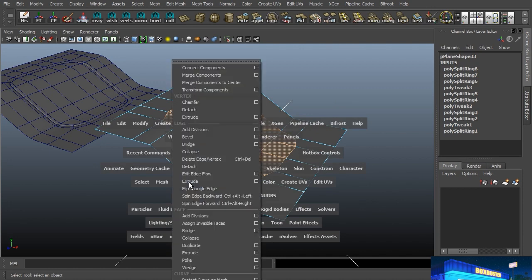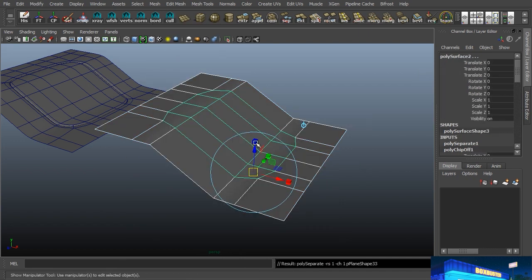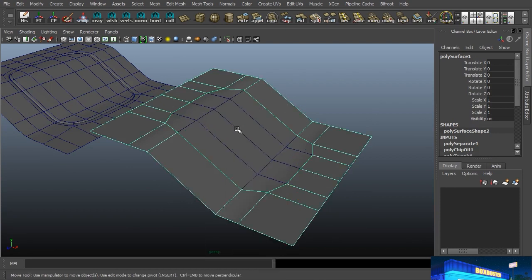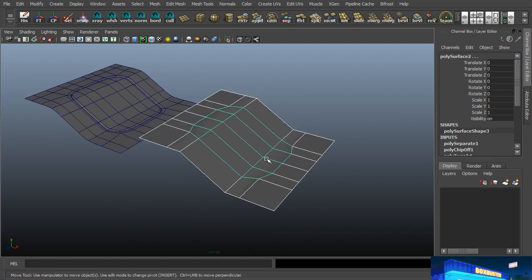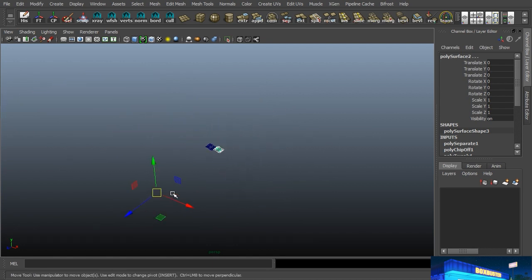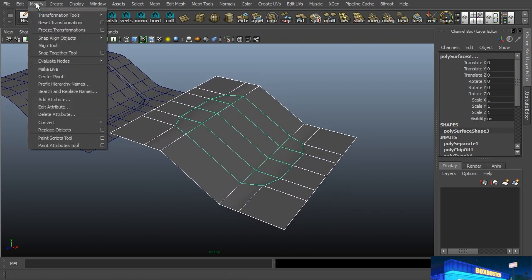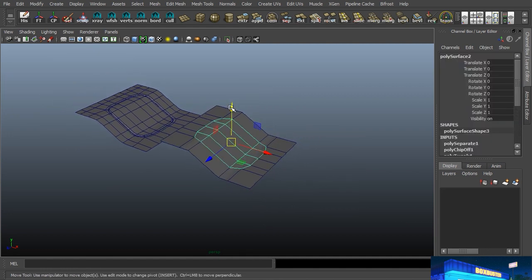and we're going to go into Edit Mesh, and pardon me, not Edit Mesh, we're going to go into Mesh and we're going to extract those faces. And what Maya has done for us here is it's created two objects now. It just took those faces and extracted them out. Let's go ahead and center our pivot because our pivot is way off over here. So we simply go to Modify, Center Pivot,